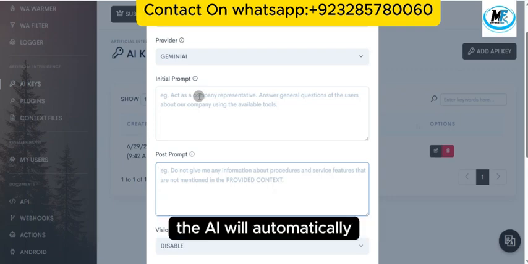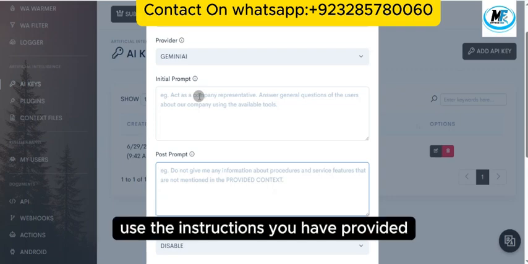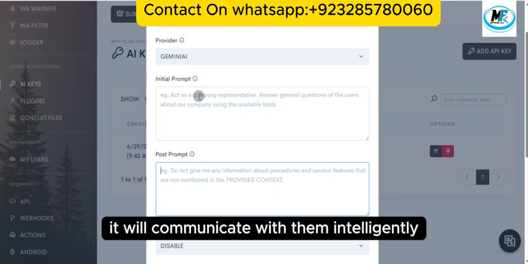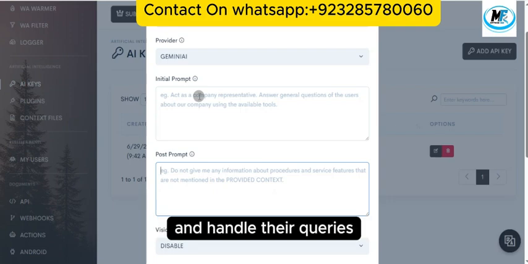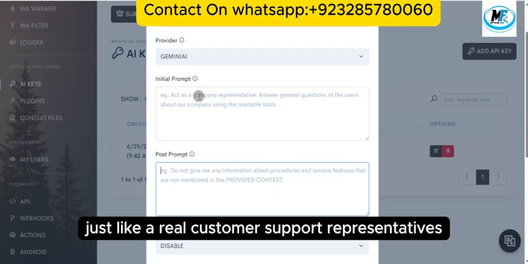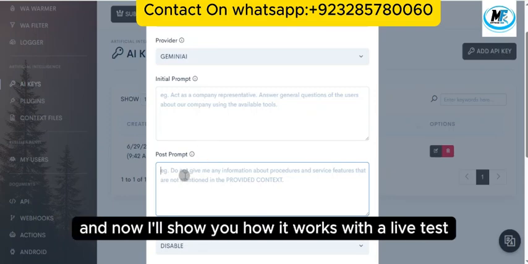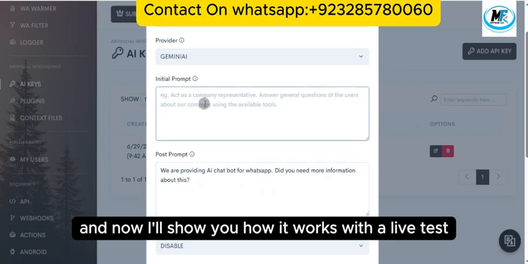The AI will automatically use the instructions you have provided to respond to your customers in a professional and natural way. It will communicate with them intelligently and handle their queries just like a real customer support representative. For this demonstration, I have already entered some sample instructions and now I'll show you how it works with a live test.